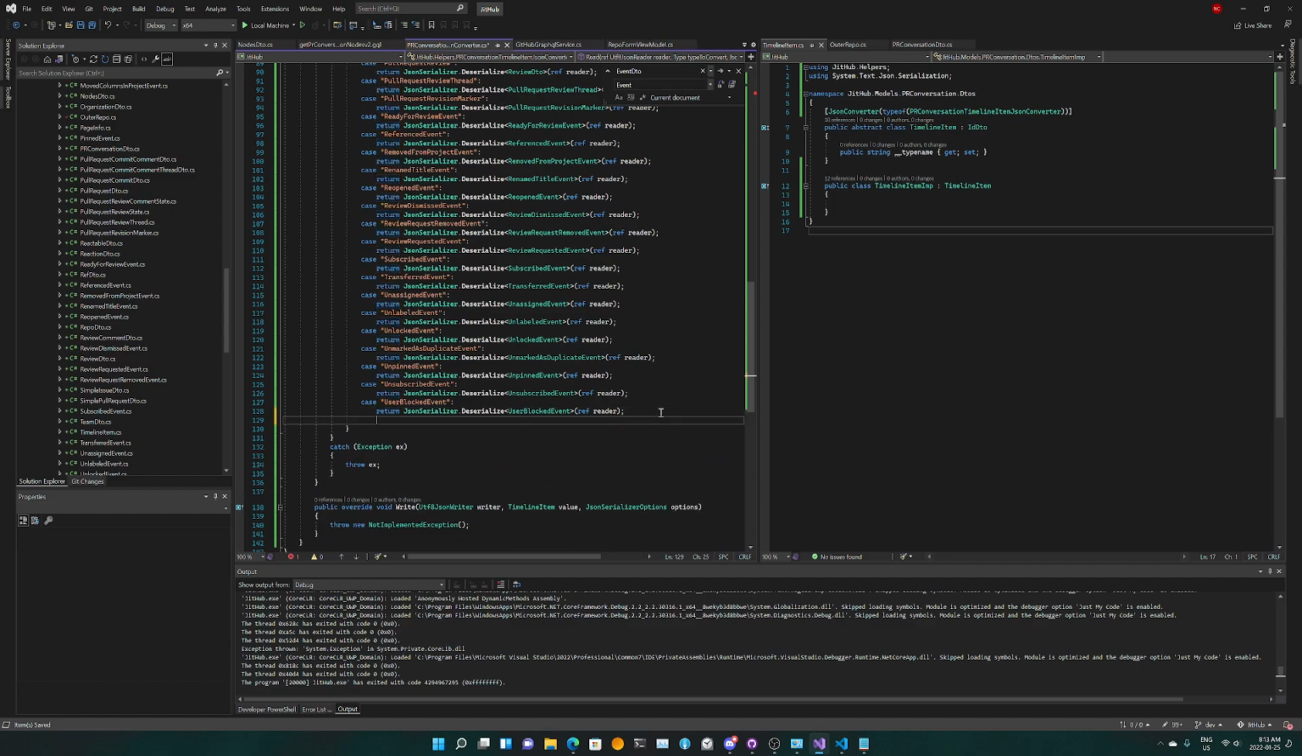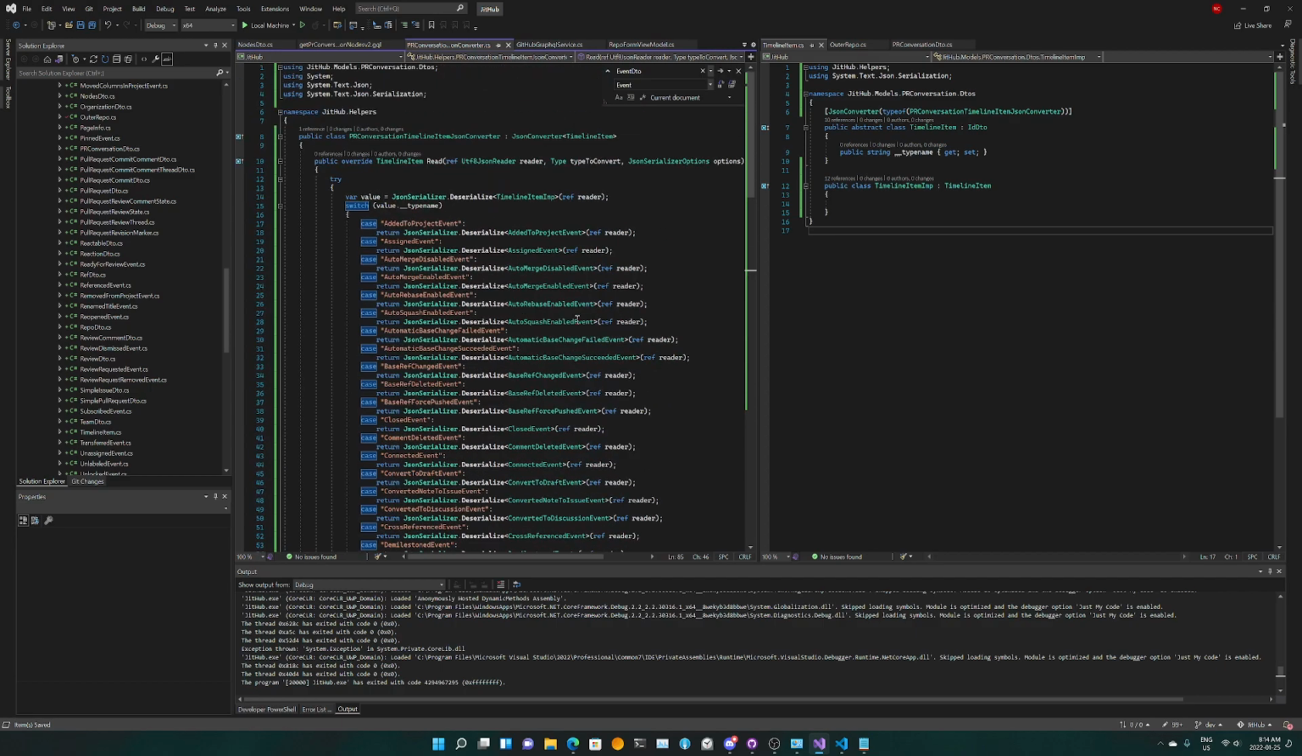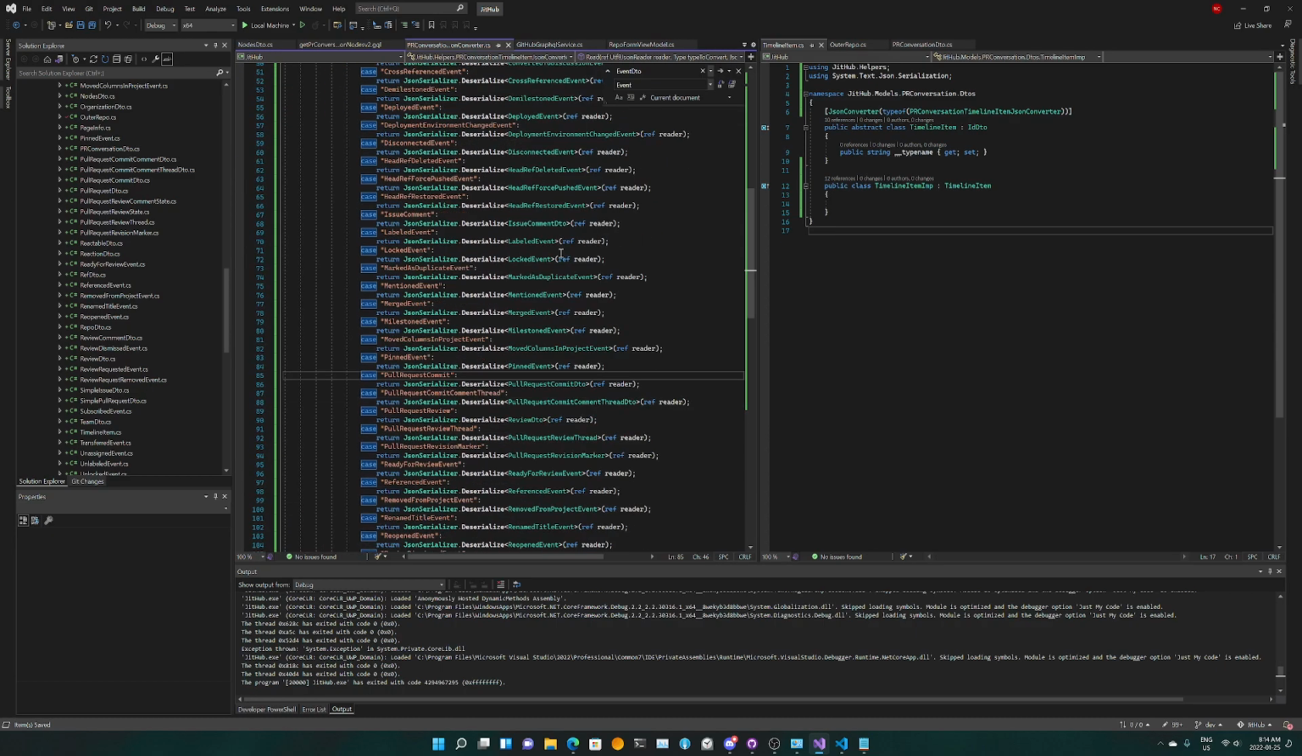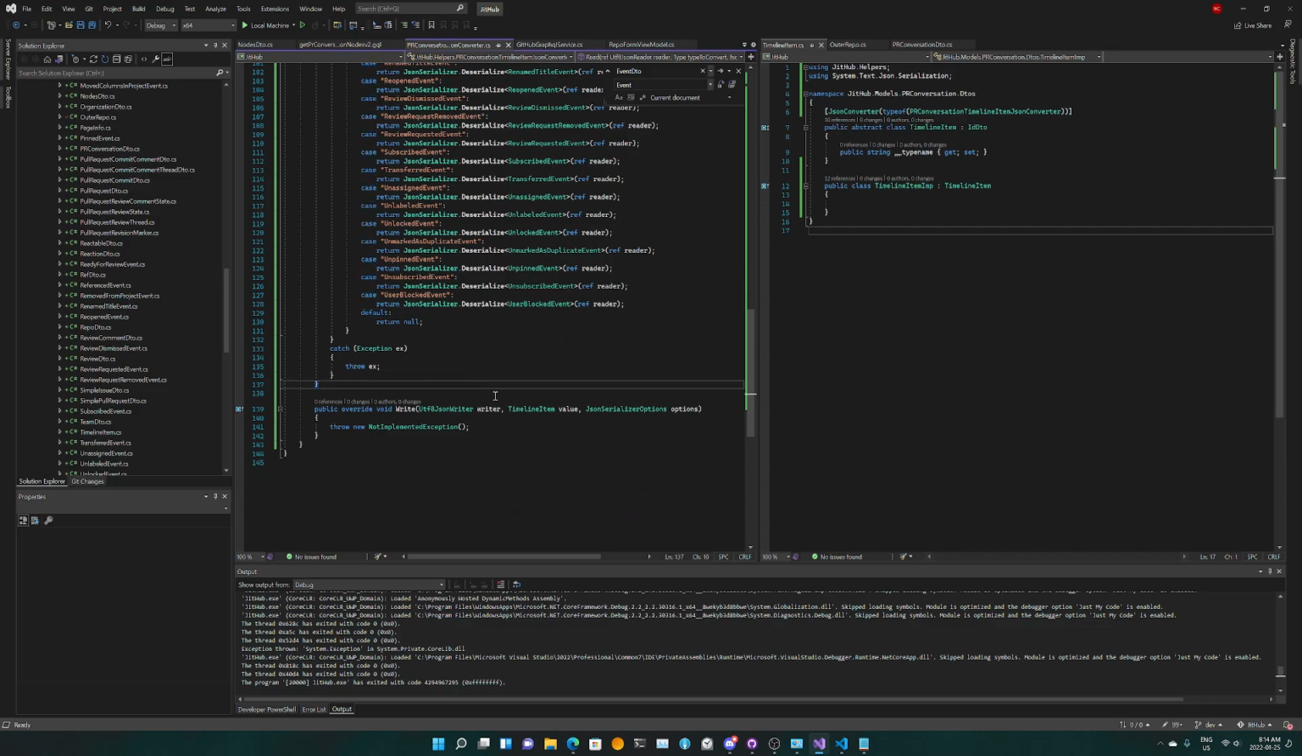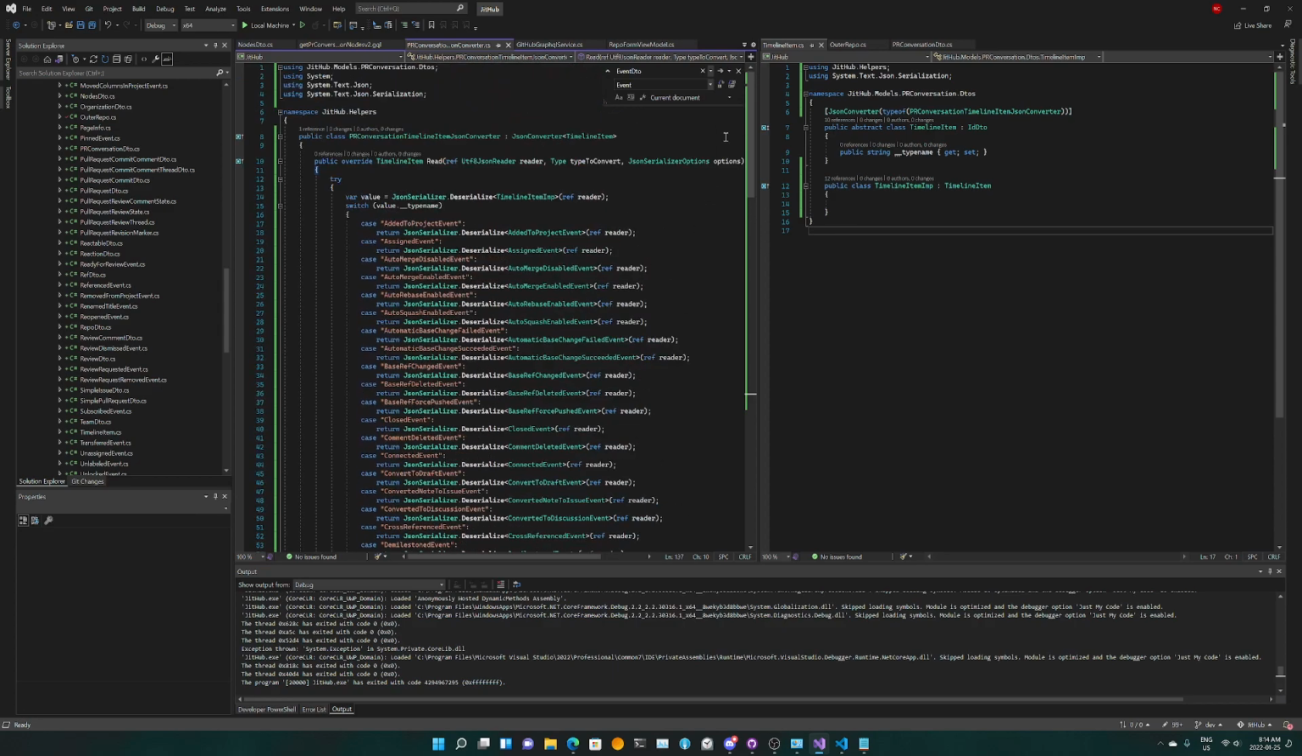So yeah, for default, return null. I don't know what to do with default. This is all we have, right? So that was fun. But this is not the only thing we need to deserialize. There are a few other things with the type name in it. So let's go